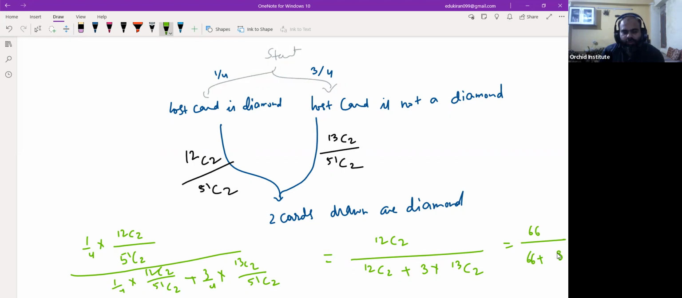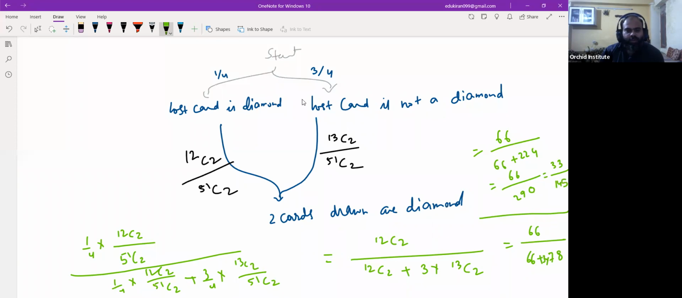So it will be 13C2. 13 into 6, right? 3, 6, 18, 1 carry, so 6, 78. Okay, into 3. So you'll get 66 by 3 into 78 is 234, 2 carry. 234 plus 66 it will become 300. So this would become 33 by